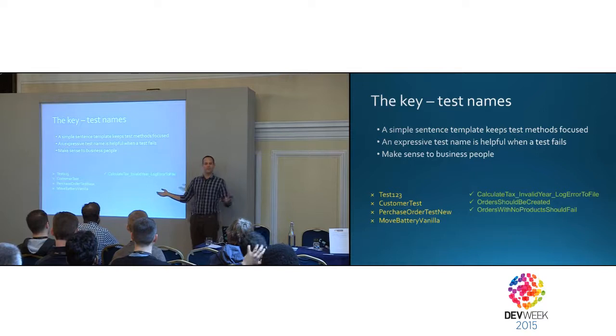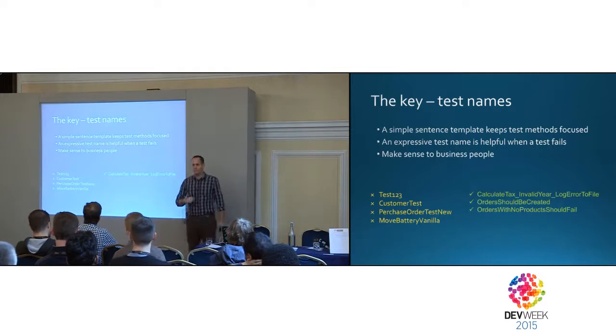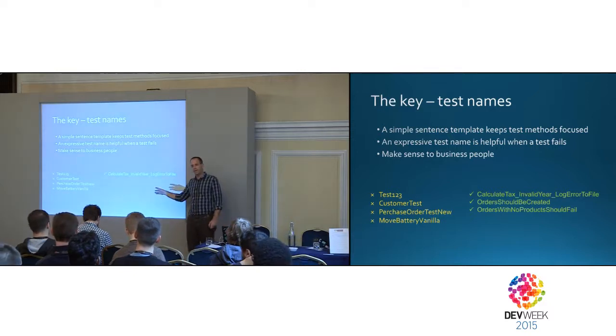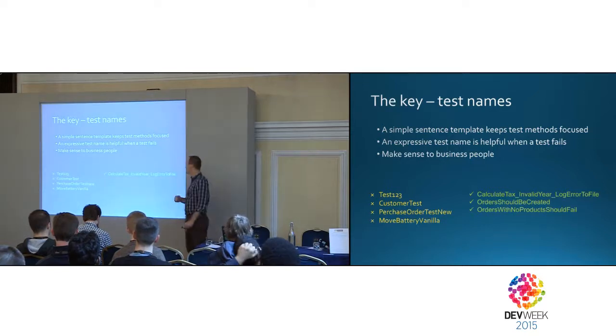Why did it fail? You don't need to know. Well, obviously it didn't log an error to a file, yeah? By reading the name, the first thing I notice when I see the test failure, I know what happened. More than that, by writing these names, I force you to actually write a good test. Unless you want to lie and write a good name and a bad test, you can do that, intentionally or unintentionally. But this thing helped me to focus people on unit tests.